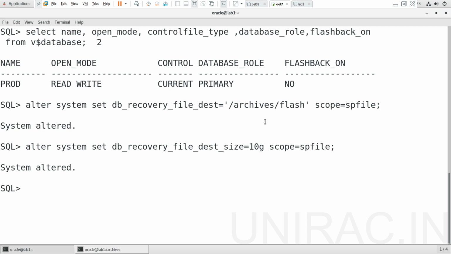Now we need to shut down and start up. The instance is going to shut down now. To configure a static parameter, we need to restart the instance. You can verify whether a parameter is static or dynamic from issys_modifiable in v$parameter.